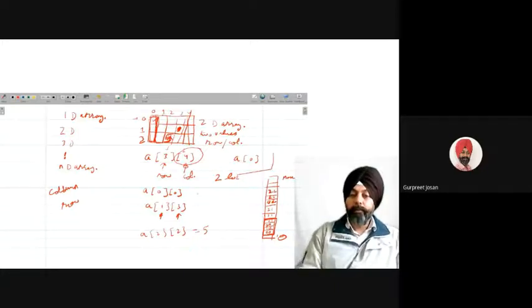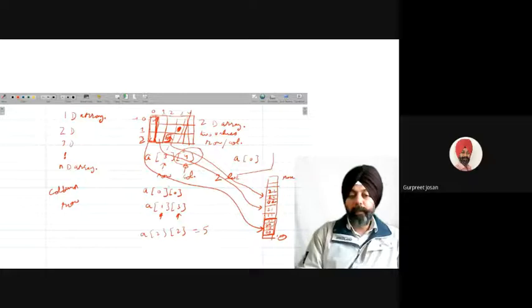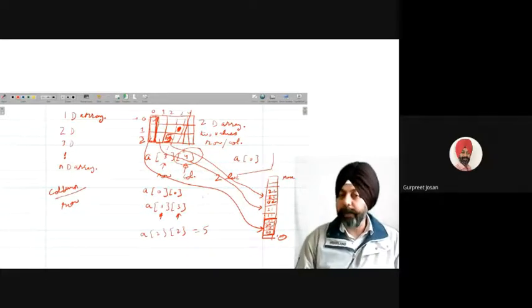Got my point? So first all the values of the first column are stored, then all the values of the second column are stored, then all the values of the third column are stored, and so on. This is called column-wise storage of an array in memory.